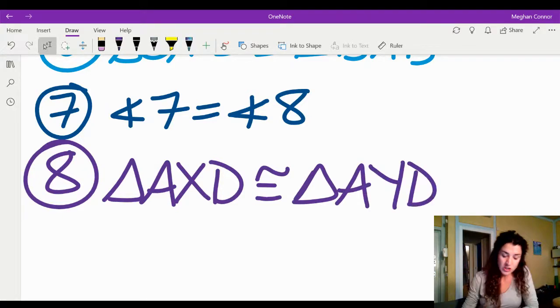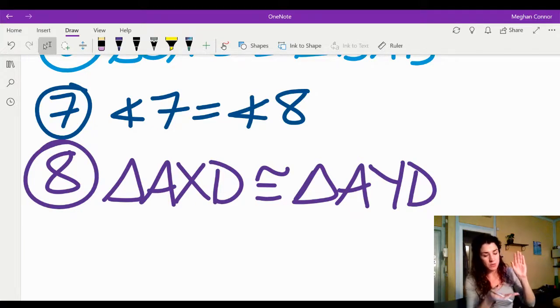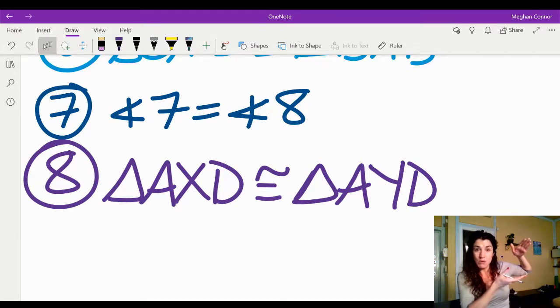So this is a situation where I connected the bottom part of my proof, the fact that I needed to prove that 5 and 6 were equal. I knew that angle 5 and 6 are part of these other triangles. So I would need to prove that those two triangles are equal. But my given was leading me to prove that two different triangles were equal. So trying to find the common ground between, I need to prove these AXD and AYD are equal, and then